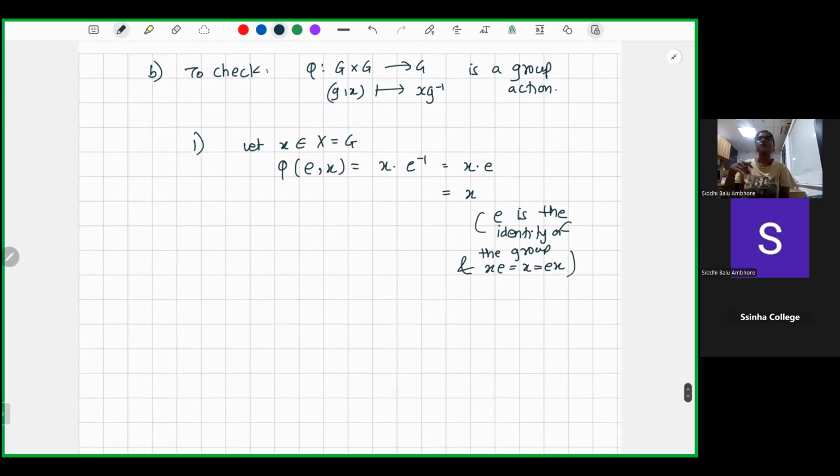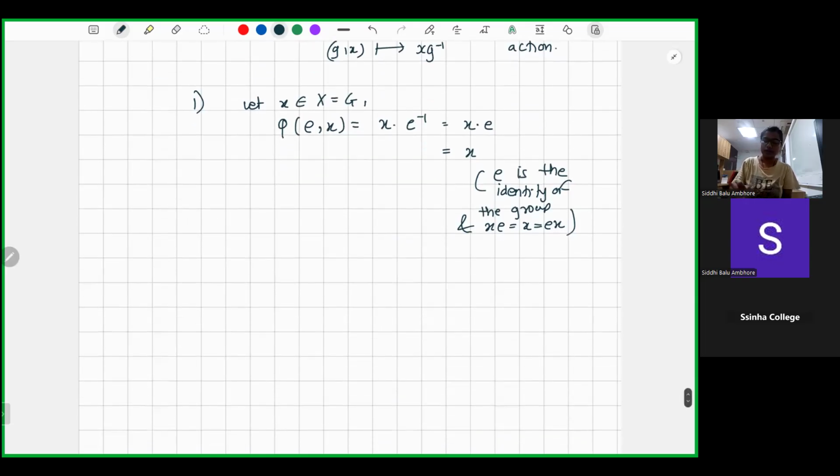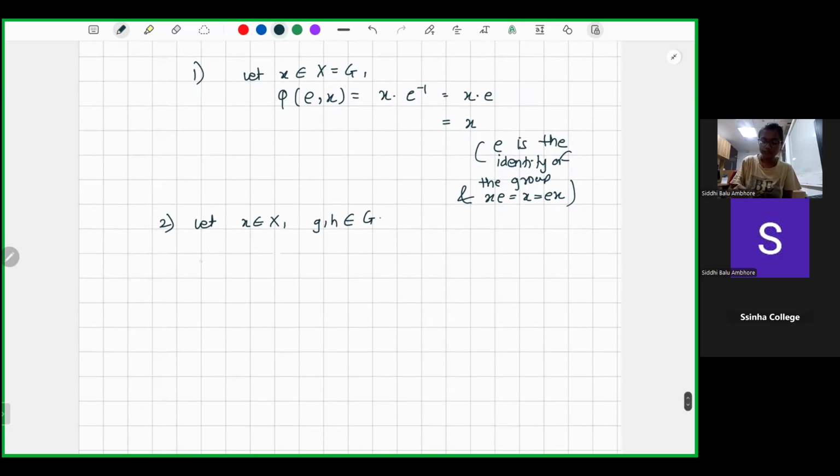We know this. So this is true for any element X in X, which is G here. And now the second property: let X belong to X and G comma H belong to my G. Then phi of G comma phi of H comma X